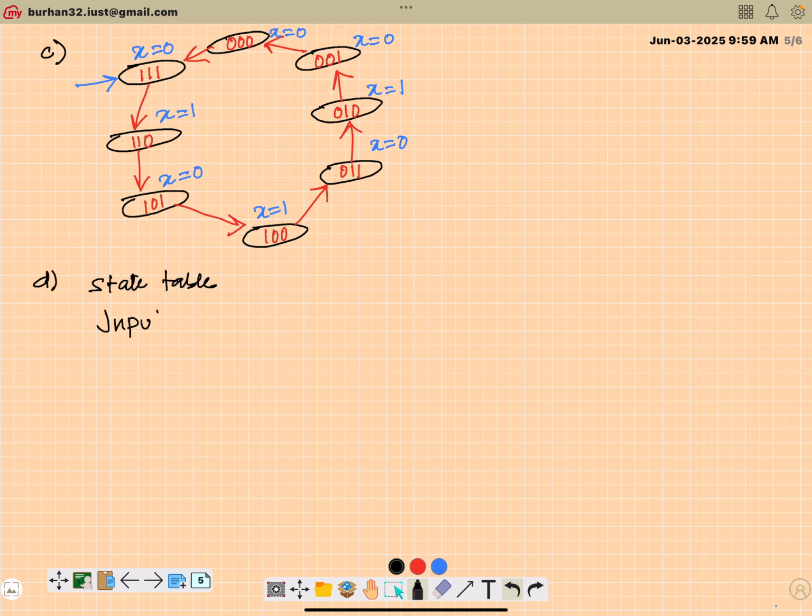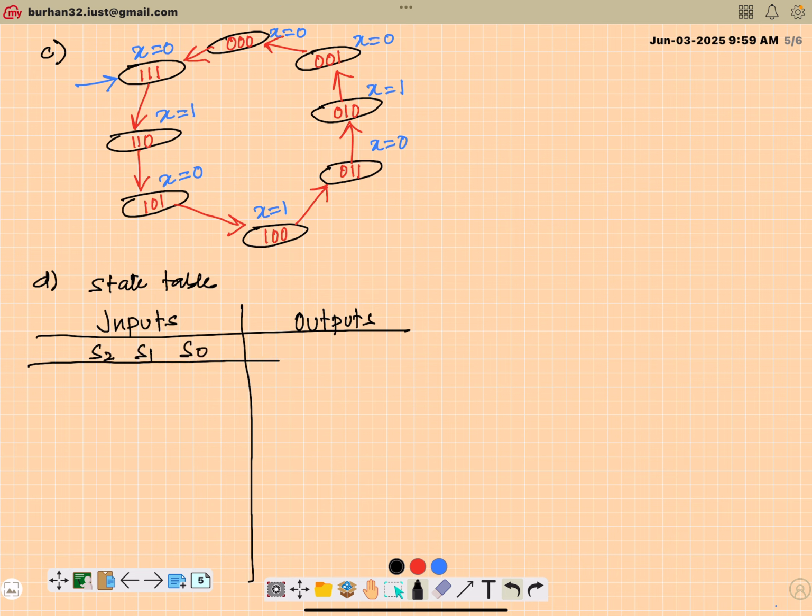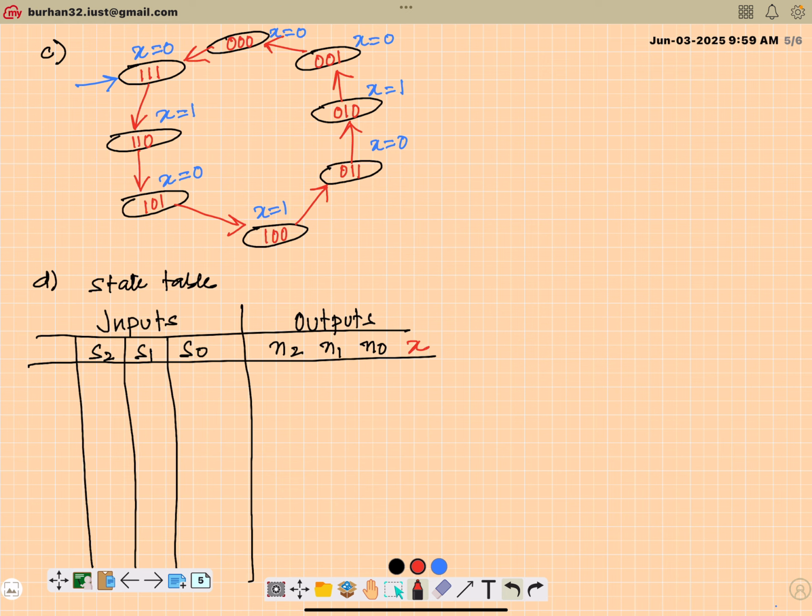Wherein inputs on one side, outputs on the other side. As far as inputs go, I will only have the state inputs S2, S1, S0. As far as outputs go, I will have the next states N2, N1, N0, and the output X. And for every input combination, we have to find out what the next state will be and what my output will be. So if I start from the initial state